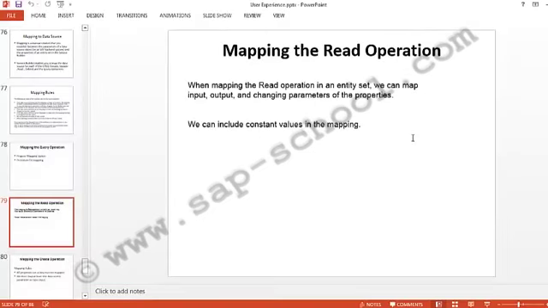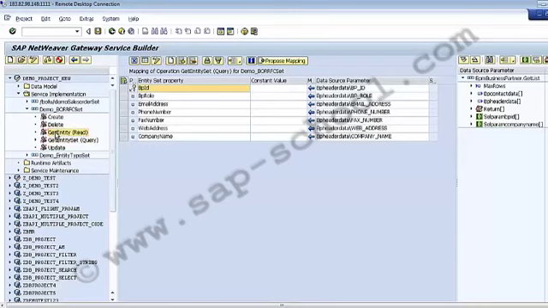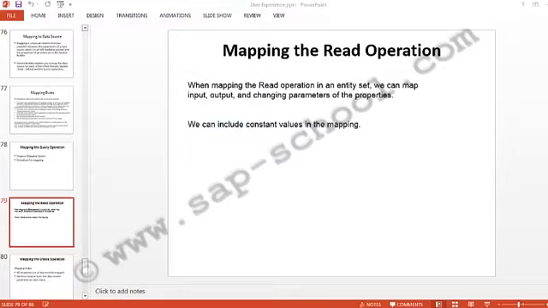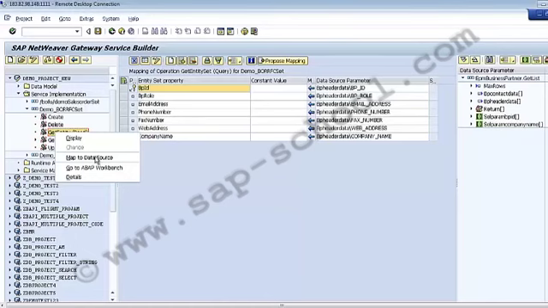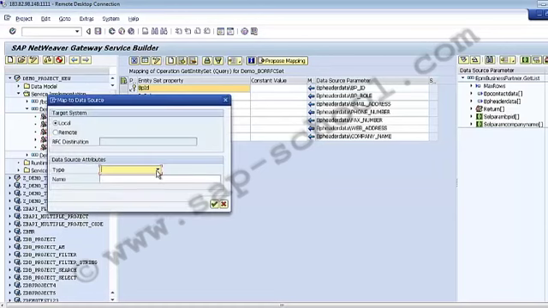So if I go back to my system, instead of this query operation, I right click the read operation and go to map to data source. When using the read operation, in the data source type, I can choose the BOR, the remote function call, the business entity, and the search help.